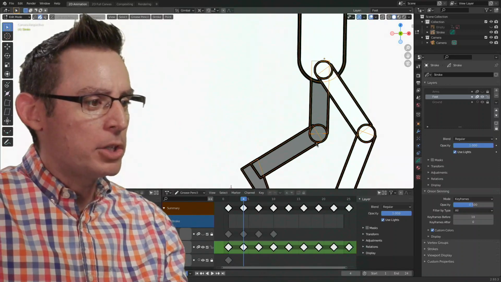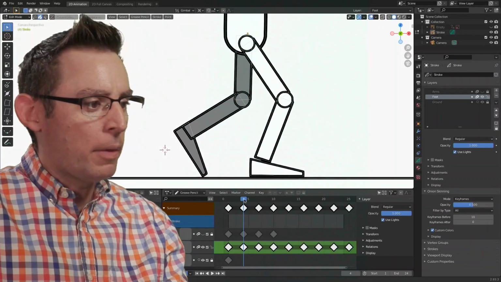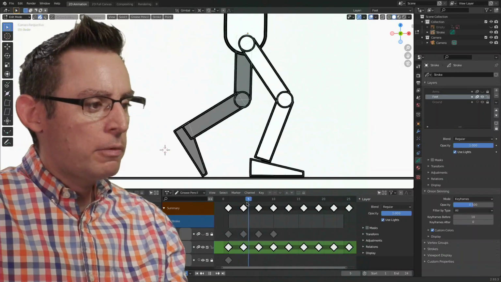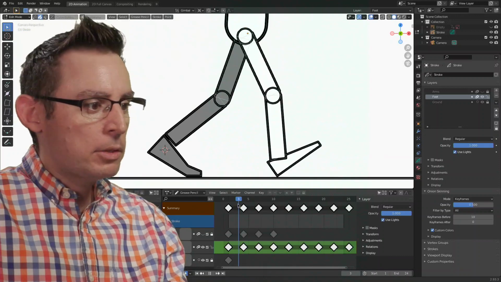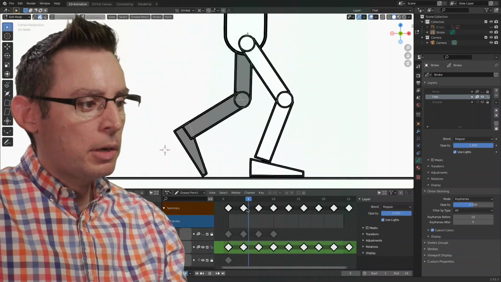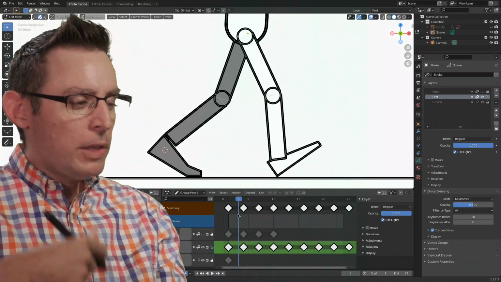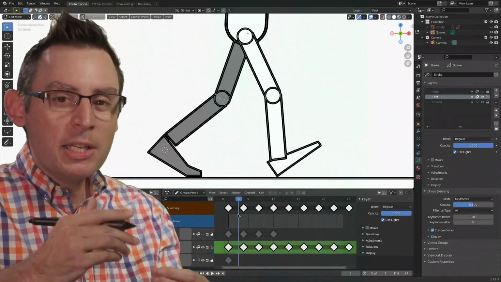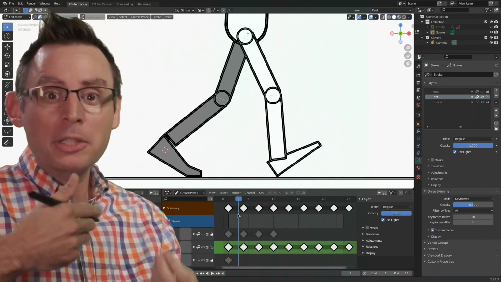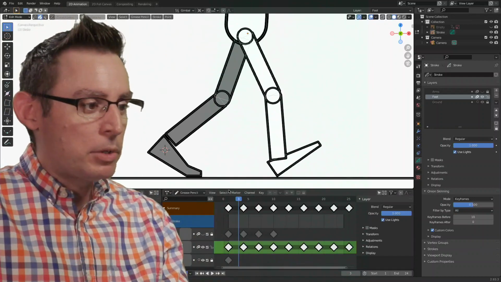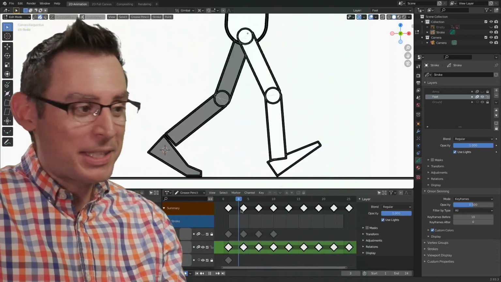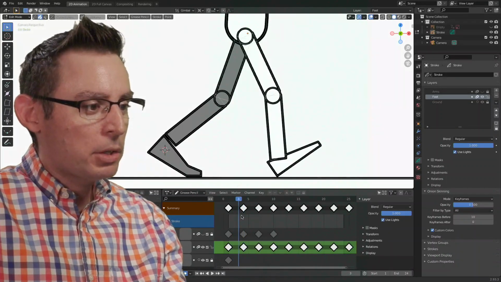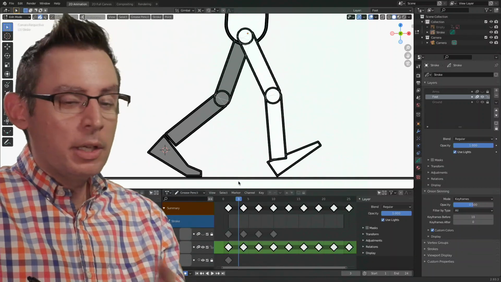I'm going to focus my energy and attention on this down pose. Now, in here, I want to look at frame 3 and frame 5, okay? Let's look at the in-between frames on frame 3 and frame 5. These are kind of important frames for us, so they're almost like breakdown poses. These are secondary keyframes that really establish the timing. Luckily, there's not a lot of in-betweens in between all of these keyframes, so we don't have a lot of work to do. But let's start looking at how we can pose the character to get the result that we're after.